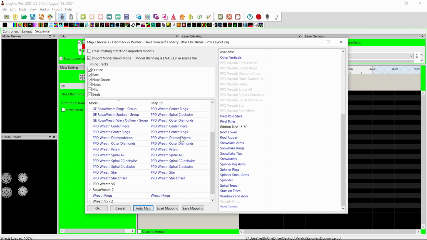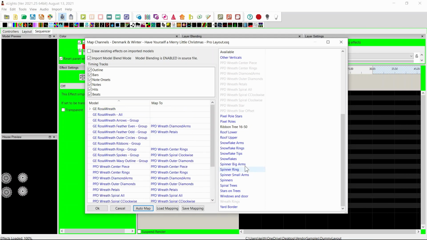Obviously, all the PPD wreath groups mapped nicely. They would have mapped either way. They don't sequence the model itself, only the groups, so those don't come in. But some of these rows of wreath ones have also come in and it's mapped the PPD wreath to it,